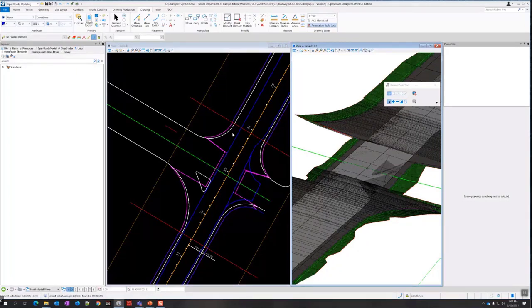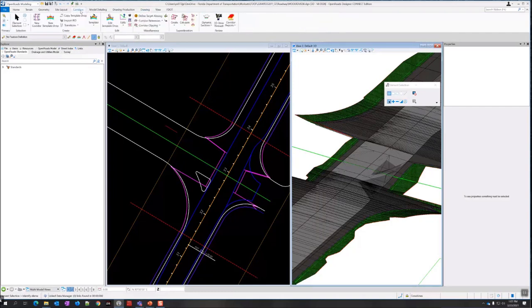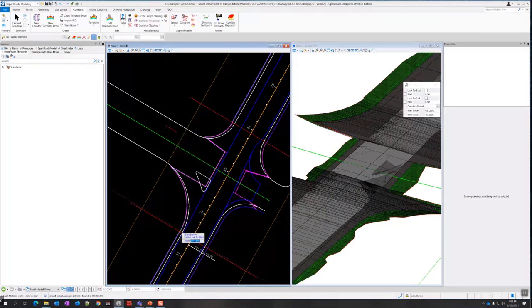And then we're going to the Corridors tab right here in the ribbon. We're going to the Edits drop down right here in the middle of the Edit section, and we're going to choose Create Parametric Constraint, right in the middle of that section. We select the corridor, and it wants us to lock to start station.